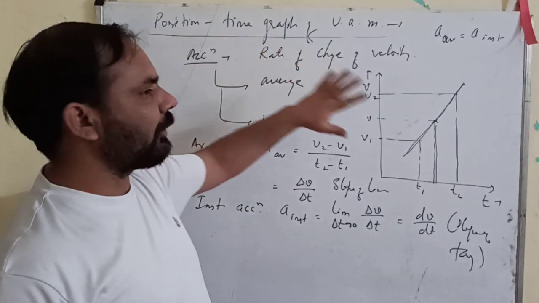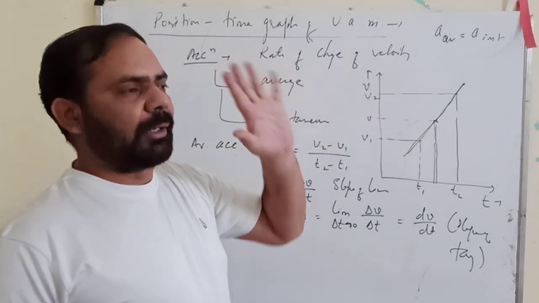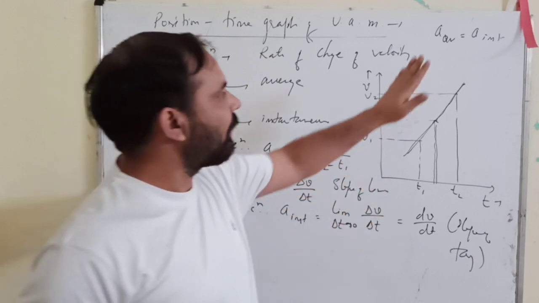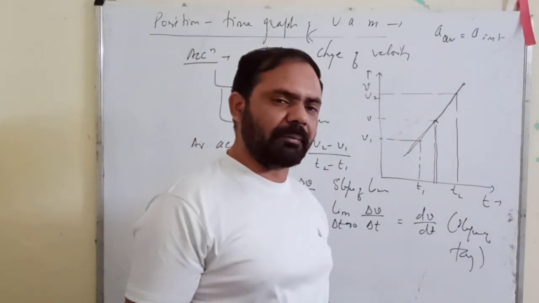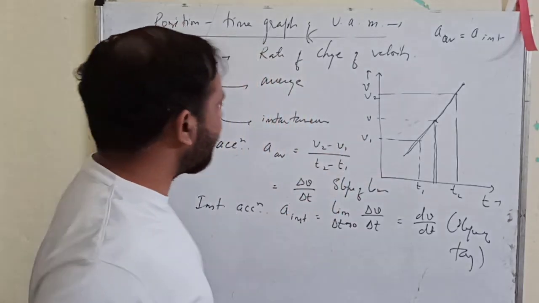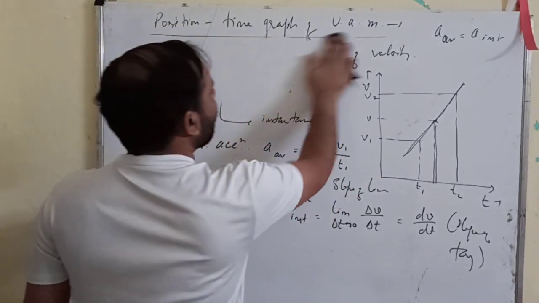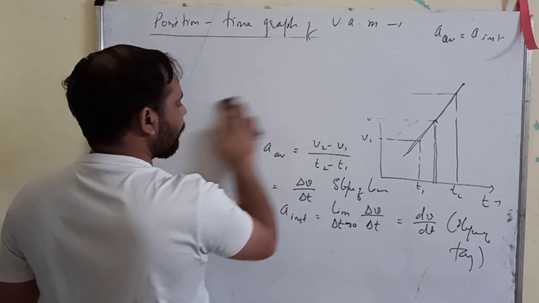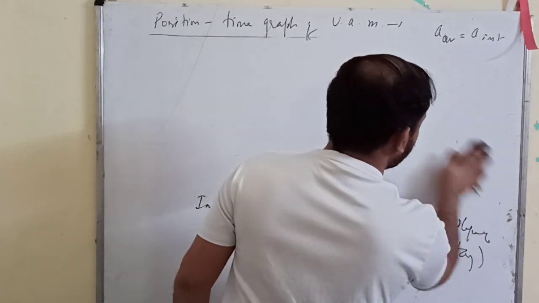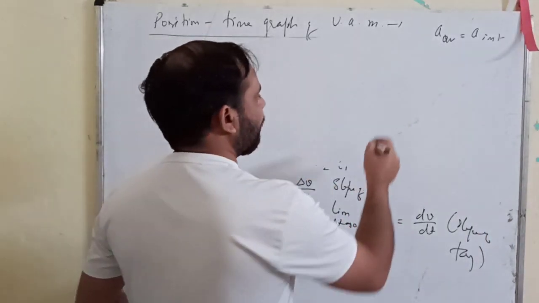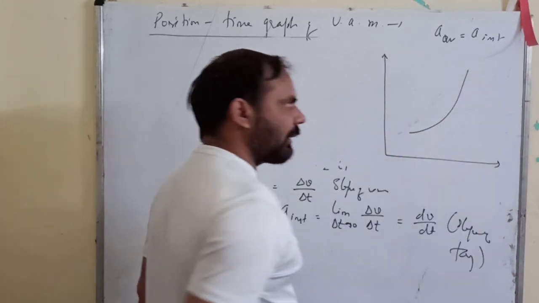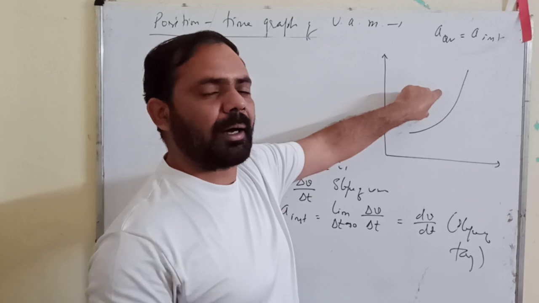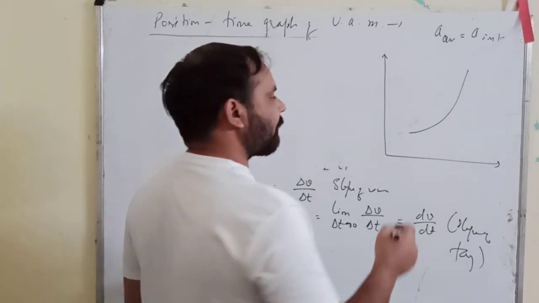We are talking about uniformly accelerated motion. For non-uniformly accelerated motion they will be different, but it is not included right now in our syllabus, though I will tell you a little bit about it. Then your graph will be different. What type of graph will you get? A curve. The change in velocity is unequal in equal intervals of time.